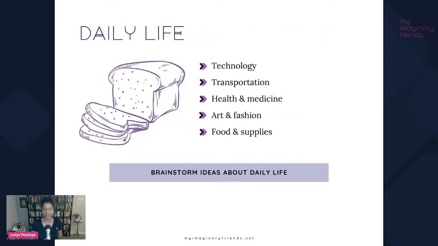Daily life is something else to think about. The people who live in this place, what do they do? What is the level of technology that you've decided on? If you're in the Regency, you have an idea of the carriages, but I don't know exactly when. Did they have telegraphs or trains? I think that was too early, right? So what is the technology you're dealing with, and how will that affect the plot and the characters?